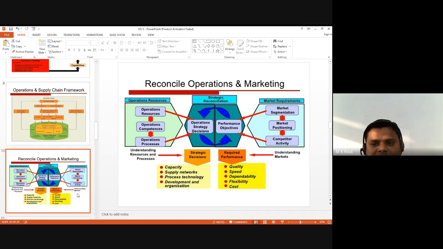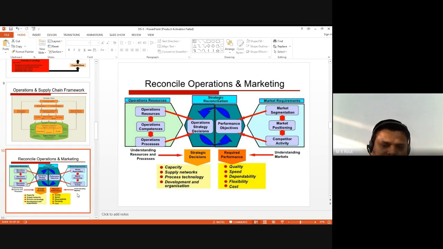If you see the next part, the marketing requirement basically includes market segment, market position, and competitor activities. And these are directly included in your performance objectives. So if you combine your operation strategy decisions and performance objectives, it makes a strategic core